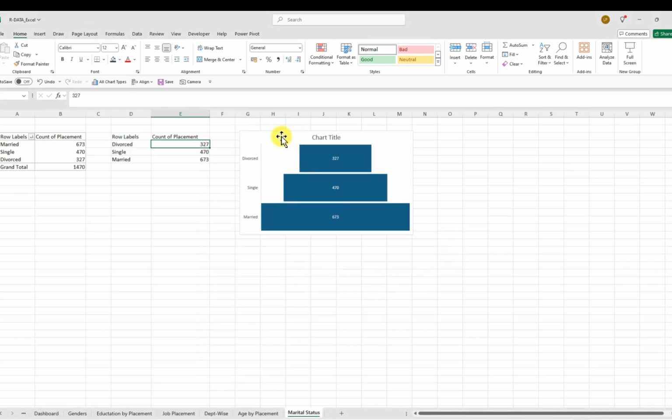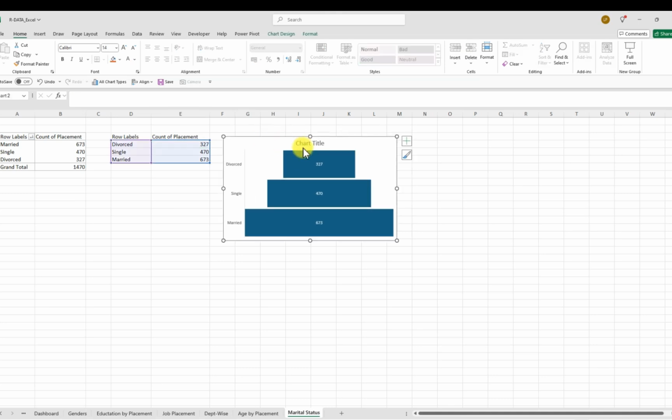So, we are going to have this here, and we name it as the marital status. No, I don't want to remove. Let me undo. So I'm having it as the marital status. Marital status. So we have this already,